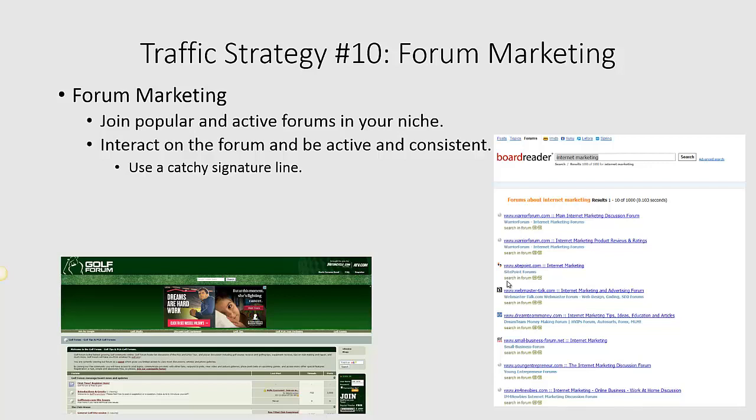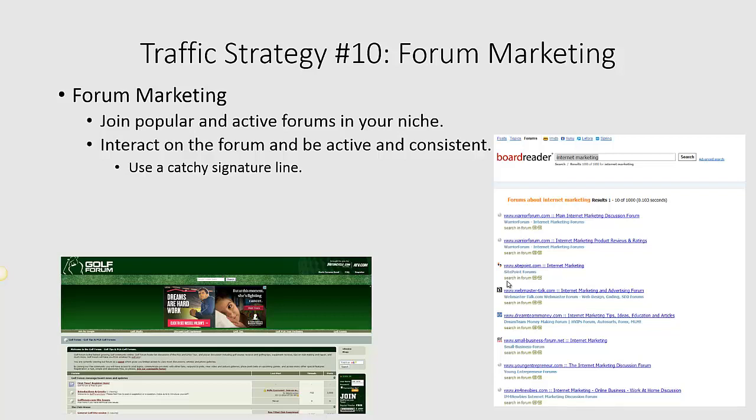You could have a top post on your blog that's about the top 5 ways to cure your golf slice, for example. If you were in the golf niche, golf slicing is the way the golf ball goes off if you don't hit it correctly, and it's a problem a lot of people have. So that would be a possible niche market that you could be targeting. And so in that case, read my article, Top 5 Ways to Cure Golf Slice. That's going to get people off of the forum that are interested in this topic, get them onto your website